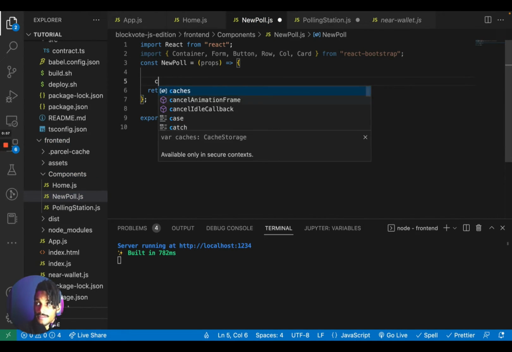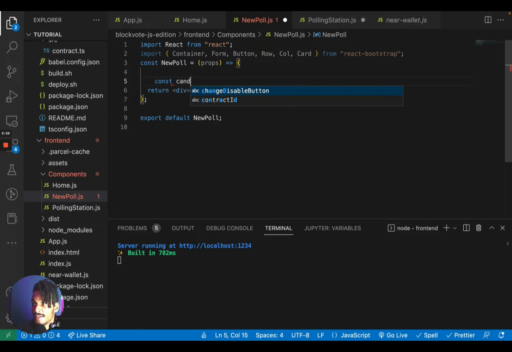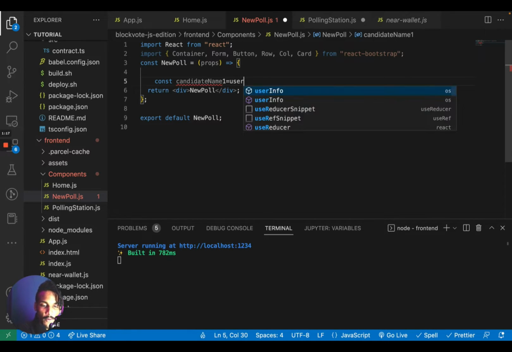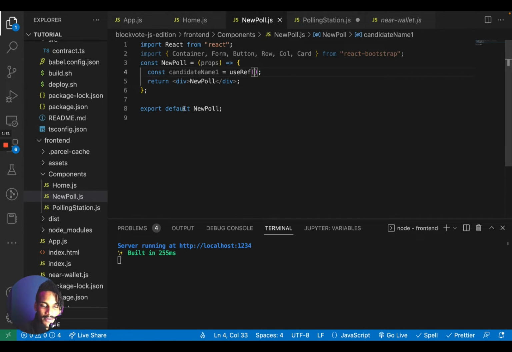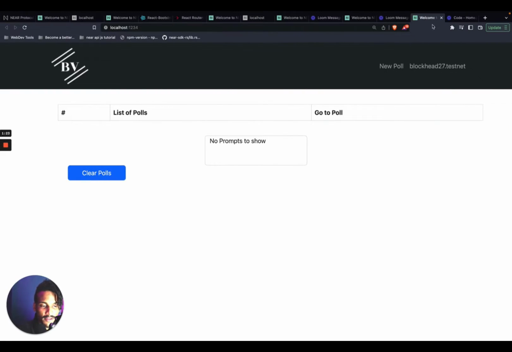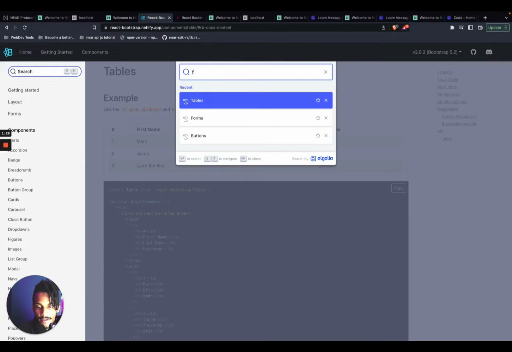And let's see, first state variable will be, I'm sorry, not state variables, our references. These references will come in handy later on. The reason why I'm doing these references, like candidate name 1, is because we're going to be using what's called a form in React Bootstrap. Let me show you guys what that is after I type out this first reference. Here we go. If we go to React Bootstrap's website and look at form,